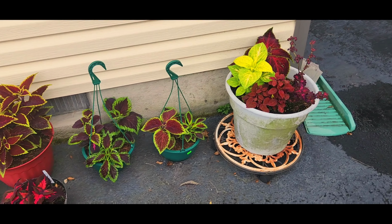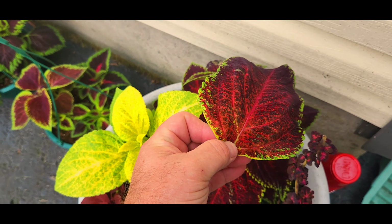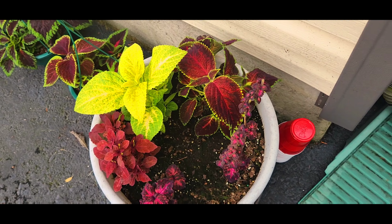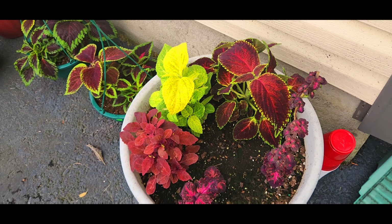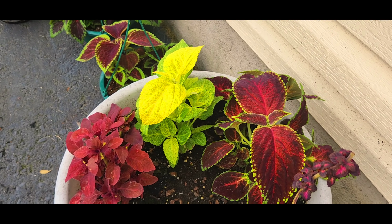So, what am I going to do now? You ready? You ready to cry? Yes. As difficult as this is, they have to go, because of all that growth on the bottom, same with these here. This is sort of an electric lime, and I'm glad I put this here, because it's quite a contrast to the darker. But we want to get all of this filled in, and we can't really,